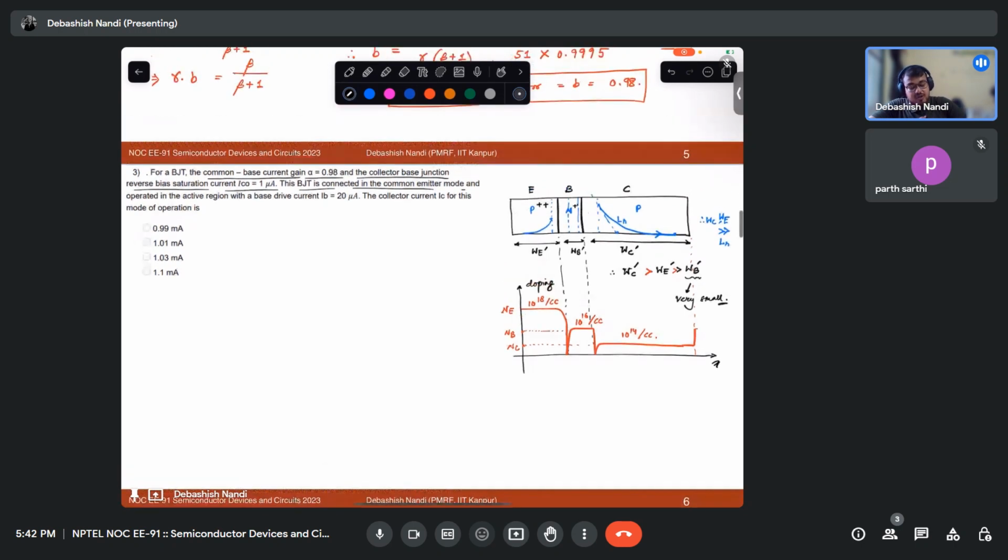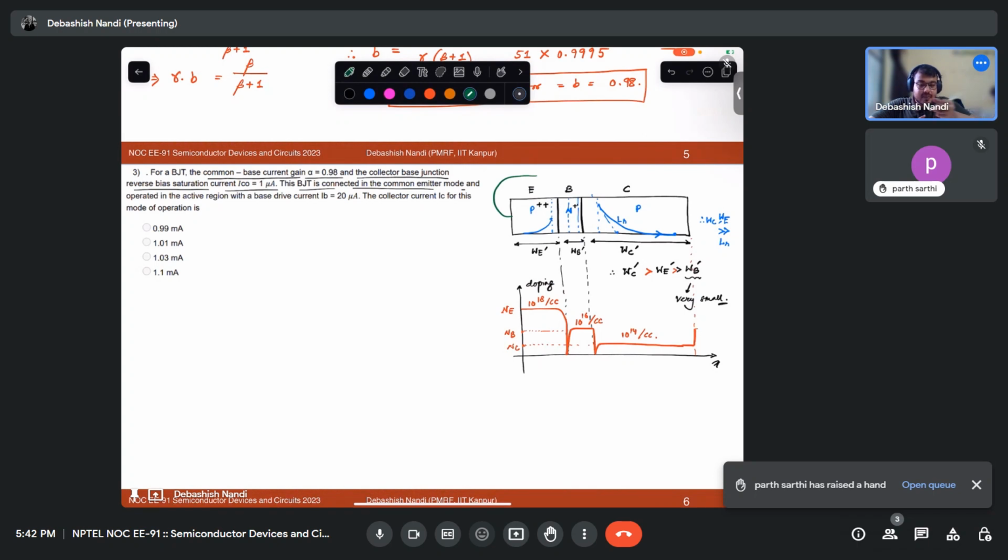So what is the common base configuration? These configurations are generally, suppose you are applying some potentials, right? The idea, yeah,